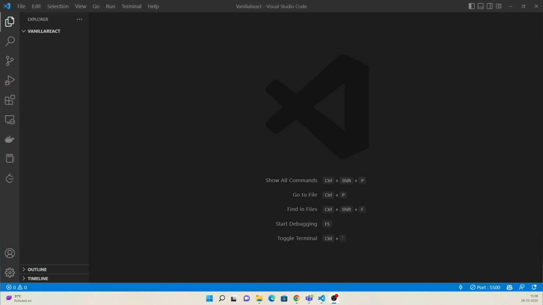Now let's start by creating a raw React application. We will not be using npm commands or installing any packages for now. We will just be using CDNs to make things work. Let's create a folder called vanilla React. You can name it whatever you want. Inside this folder, let's create a file